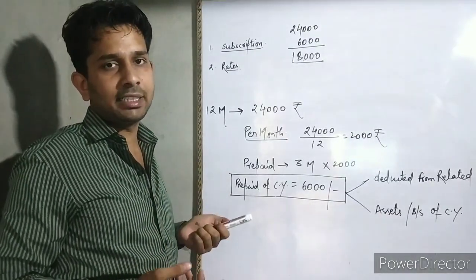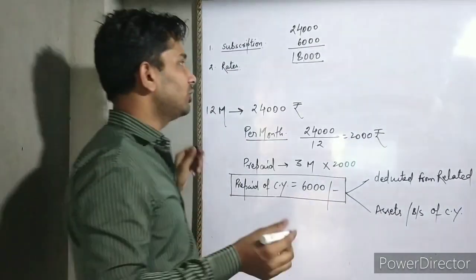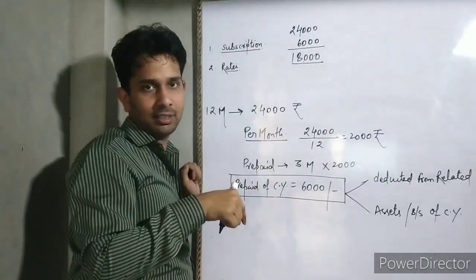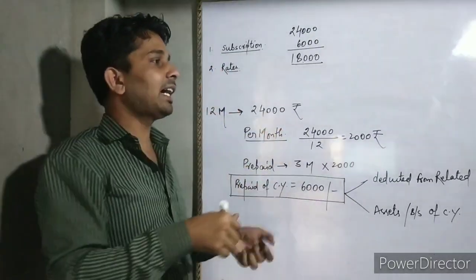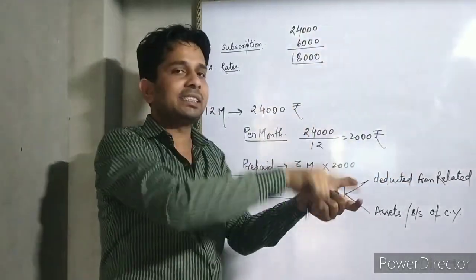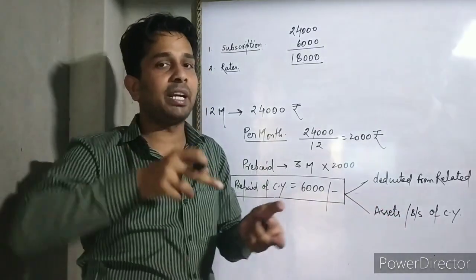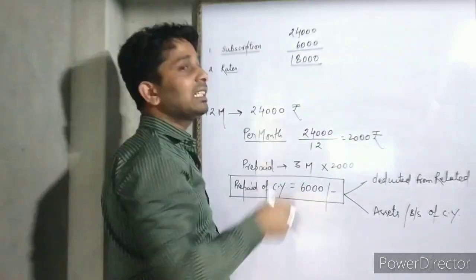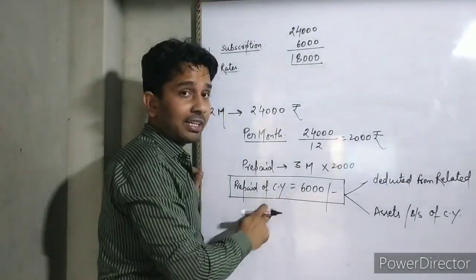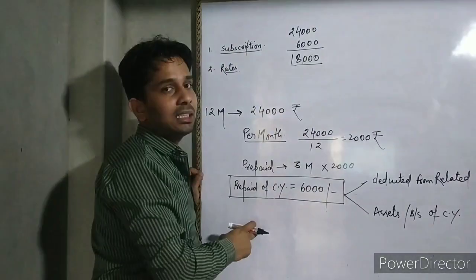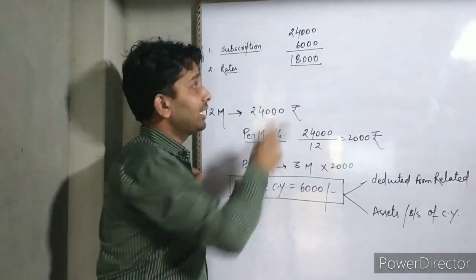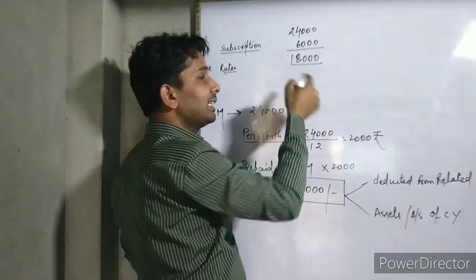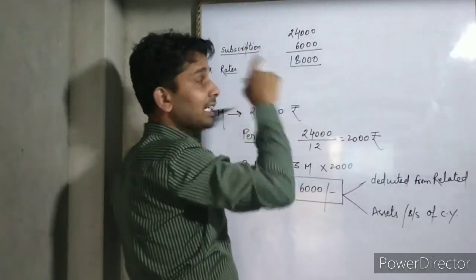Why will it remain only 18,000? It has to be 24,000. So definitely last year someone already paid the prepaid for our current year. Like in this year we are paying the advance 6,000 for the next year, definitely the same case would have been last year, that someone paid that 6,000 for our current year. So there was a prepaid last year as well, exactly the same. That might be the case. That's why we are getting only 18,000, because it has to be 24,000. So again the 3-month prepaid will be there in the last year as well.